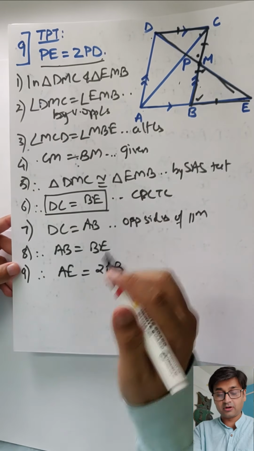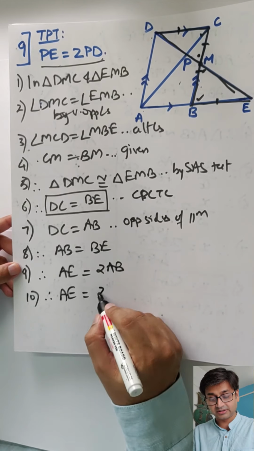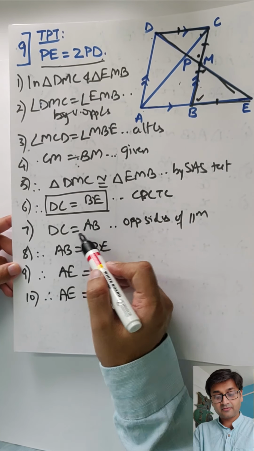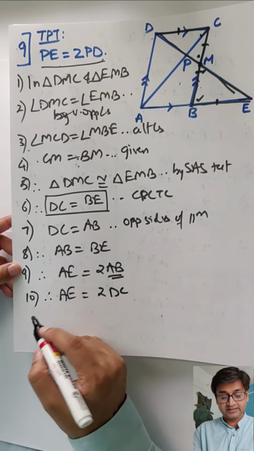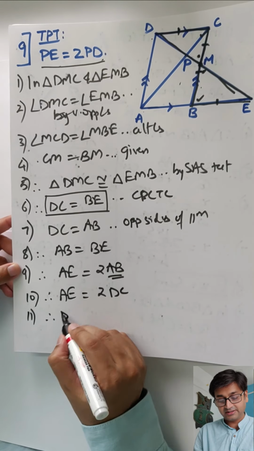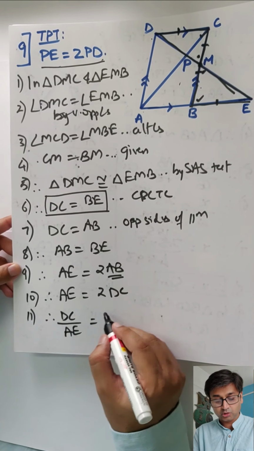AE is double of AB, and now this is the most important step, for AB I am writing DC. So AE is double of DC, and therefore DC upon AE, so 2 goes down,